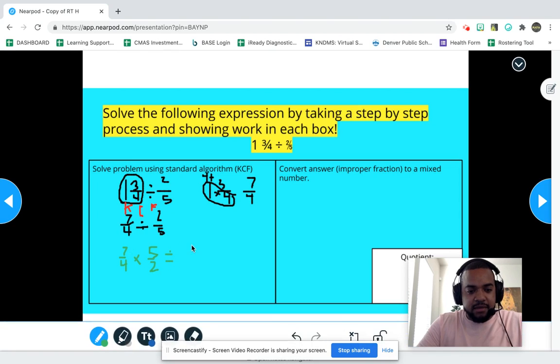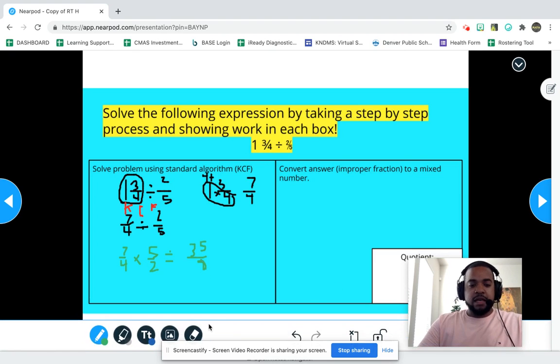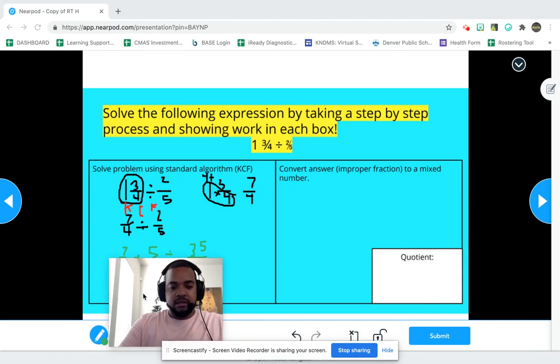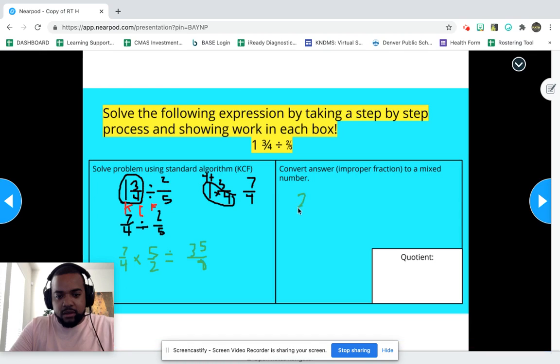Now I got 7 times 5 is 35. 4 times 2 is 8. Perfect. So now that I have this, I know I'm not done. I'm going to move my camera over here. No, I'm not done. I have an improper fraction as an answer. So I want to convert my answer, which is an improper fraction, to a mixed number. So I have right here 35